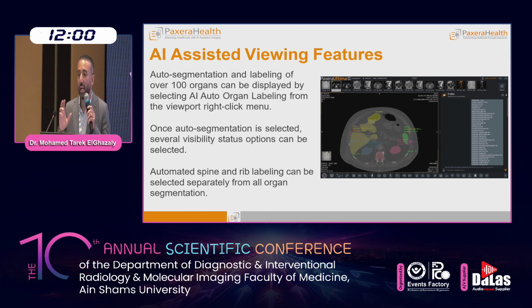So I can activate the auto organ labeling. Auto organ labeling, as we see here, all the organs take a color code. And this color code, by double click, will give you the radiomics and analyze these radiomics to give you a summary for this organ. So let's take an example for a fatty liver or any abnormality in the gallbladder, wherever, HCC. Once I ask the system to give me the radiomics for this organ, it will analyze the Hounsfield unit penetration and will give me the results as you see here in our AeraPod Smart chat on the right side.